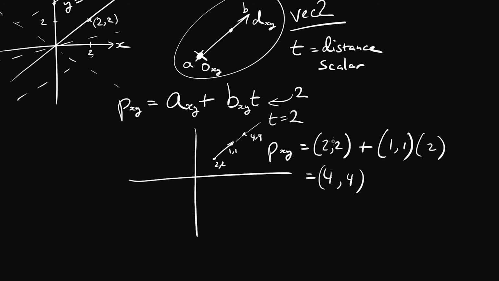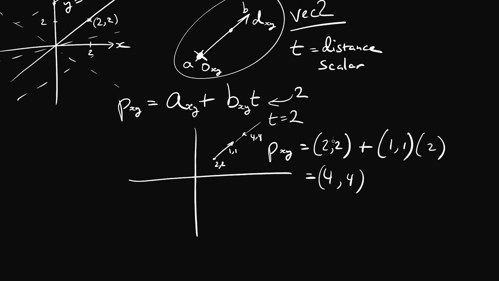Now, if you're paying close attention, you probably noticed that we moved more than 2 units along that line. We actually moved around 2.8 because we moved 2 units in the x and 2 units in the y to get 4, 4. The reason this happened is because our directional vector for our ray, b, is not a unit vector. You can see it's 1, 1. We would have to normalize that and bring it down to roughly 0.7 x and 0.7 y. Then it would be a unit vector, and then we would in fact have moved 2 units along that line if we pass in 2 for t.